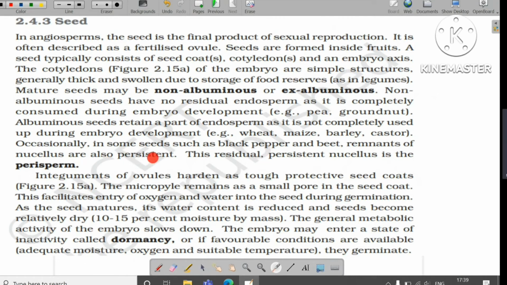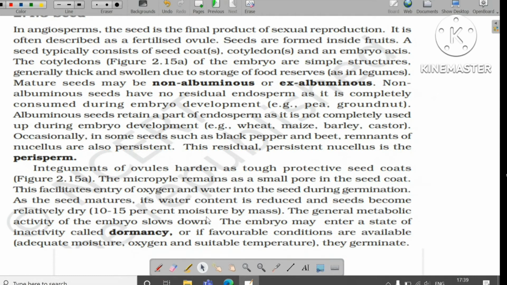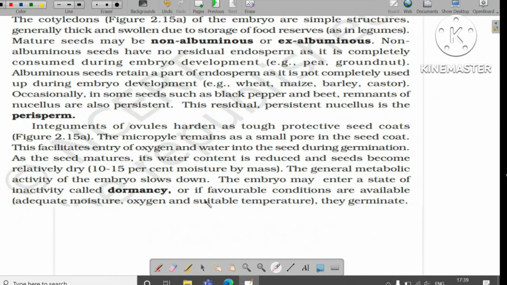Integuments of ovules harden as tough, protective seed coats. The micropyle remains as a small pore in the seed coat. This facilitates the entry of oxygen and water into the seed during germination. As the seed matures, its water content is reduced and seeds become relatively dry. The general metabolic activity of the embryo slows down. The embryo may enter a state of inactivity called dormancy, or if favorable conditions are available, adequate moisture, oxygen, suitable